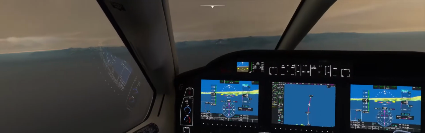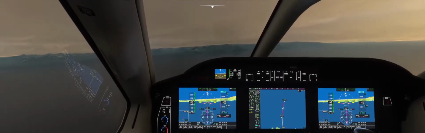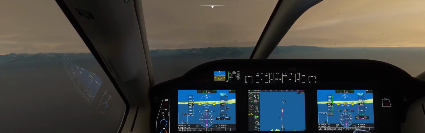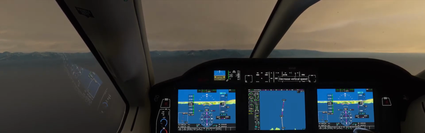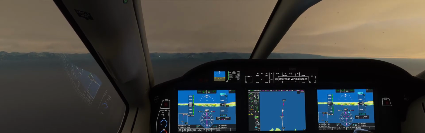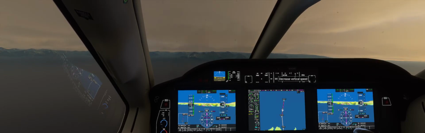Hopefully that makes sense. All right, things look good. Icing's fine. Let's start to configure ourselves for landing. Shallow out our descent rate a little bit more. It's going to slow us down nicely. I can see just by eyeballing it that we're going to be fine on altitude. So I'm going to hold us at 2,500 because I know that to be the MDA, even though ATC wants us to